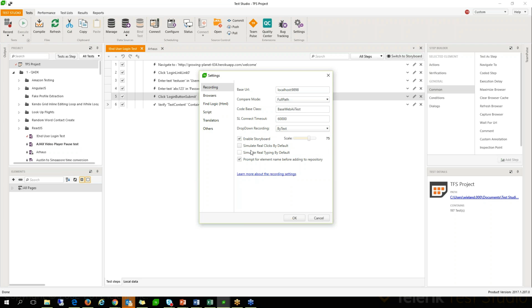Next up, simulating real clicks and real typing by default. These are project level settings, but they're also test level settings. And actually, so is the drop-down recording option. That's a step level setting. And these click options are test step level settings too. So a lot of these are stuff that you're going to, as we go through our first few tests, analyzing the application, we're learning how the application behaves, we're learning some trends about the application, and we're making adjustments